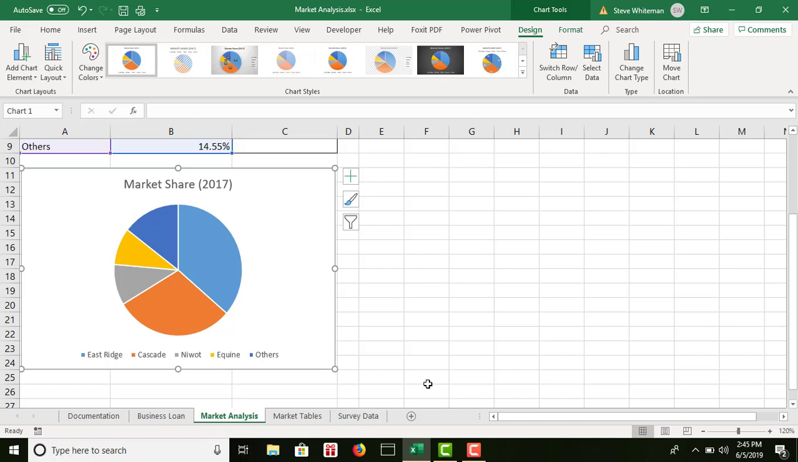Okay, step 5. Apply the style 11 chart style to the pie chart. I'm going to stop there. Up here,